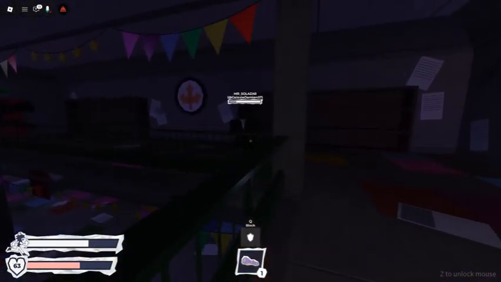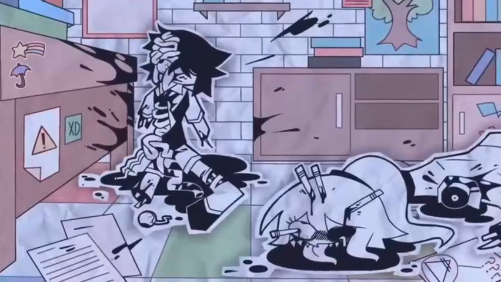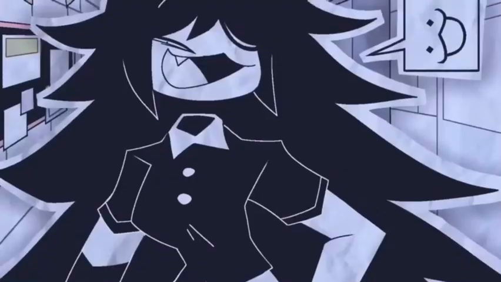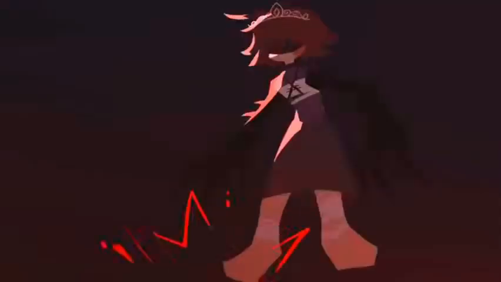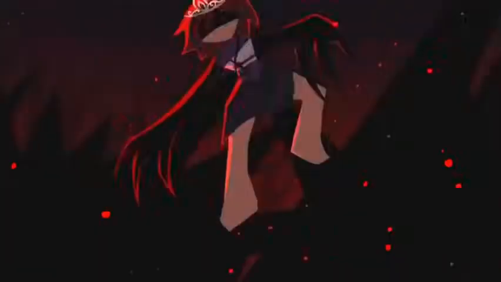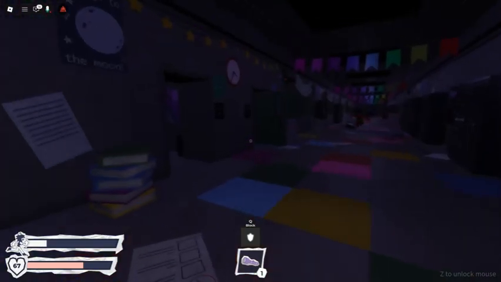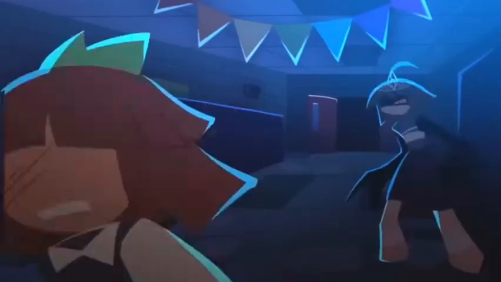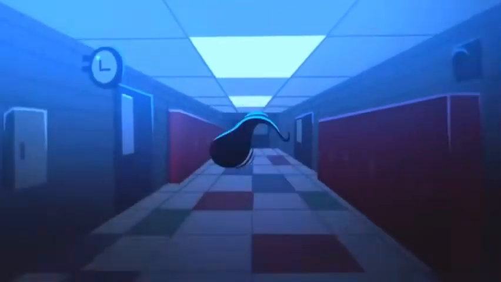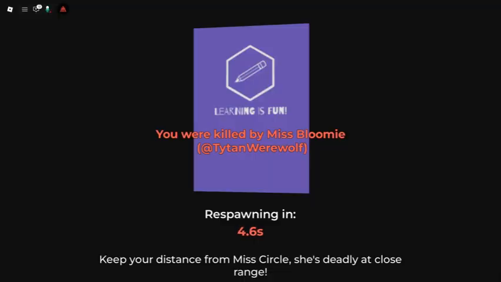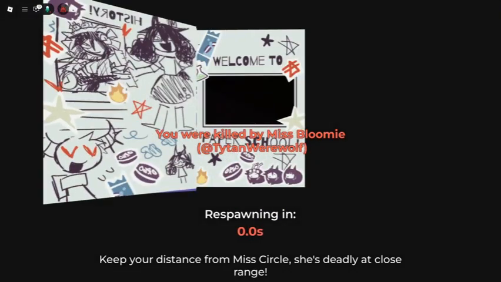But as Claire passes the room where Abby and Lana died, Miss Circle catches up to Claire and tries to kill her. Then Claire sees an exit door and goes straight through it, but that door was not an exit door, and it led Claire to Alice, the demon princess in this animation. Somehow, I don't know how, Claire was able to outrun Alice and dodge most of her attacks. I don't know how good of a killer Alice is, but whatever.